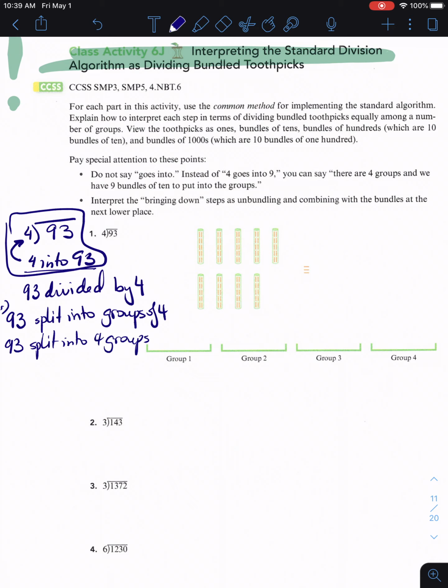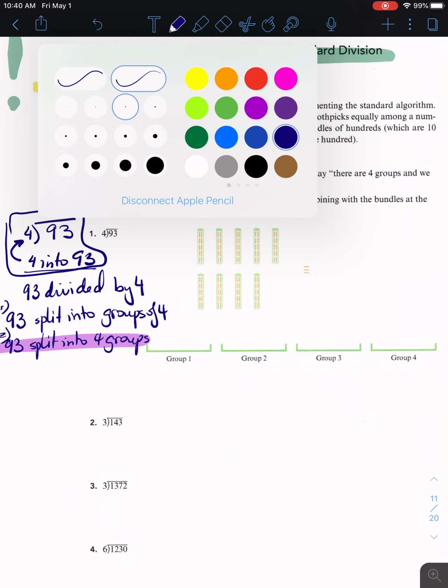Remember that we have these two options where we don't know the number of groups, or we don't know the number in each group. So let's say we're working with the standard algorithm in this format, into 4 groups. So if we have 93 that we're dividing into 4 groups,